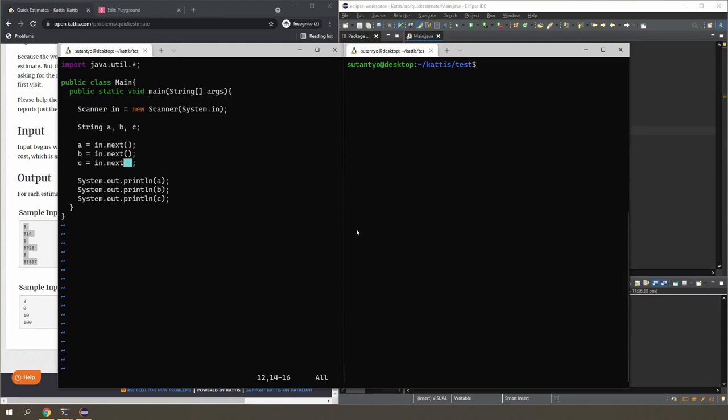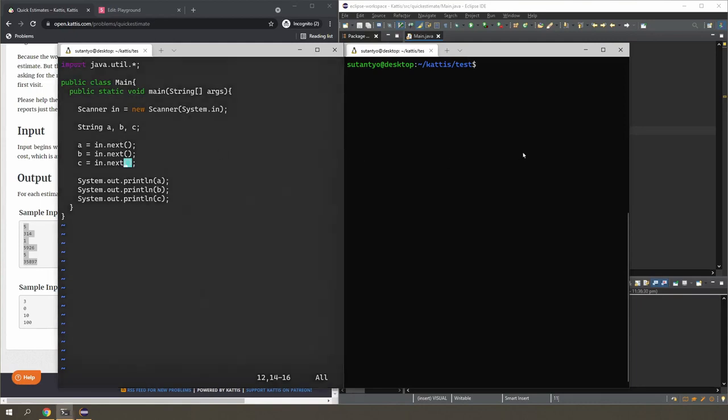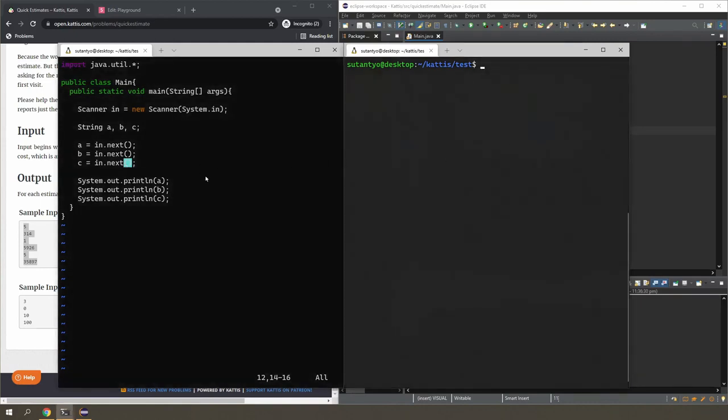Okay, so maybe it's easier to see what's going on using the command line. So I have a code here that will read in 3 strings using .next, and then I just print them out in the end. So I'm going to give it this input. It has exactly 3 lines, 1, 2, 3. So I'm going to compile that, run it,